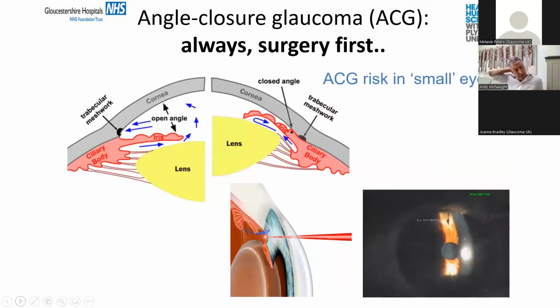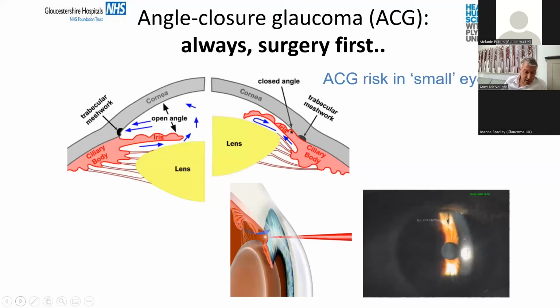Before I talk about treatments for open-angle glaucoma: open-angle glaucoma is the most common type of glaucoma and affects about 80% of people with glaucoma that we see in the clinic. A minority type of glaucoma that affects about 10% of patients in the clinic is called angle closure glaucoma, or ACG. And angle closure glaucoma, although it is to do with the pressure, the cause of the pressure being high is less to do with the drainage system slowly stopping working, which is what happens with open-angle glaucoma. It's more to do with people with relatively small eyes,